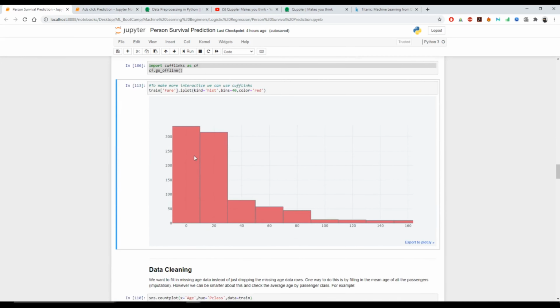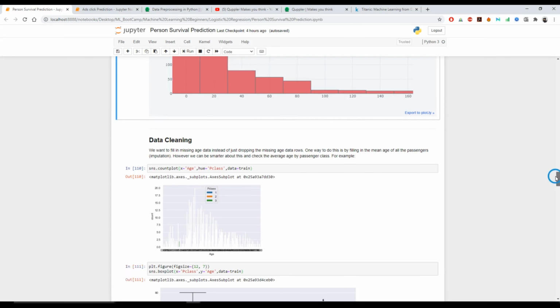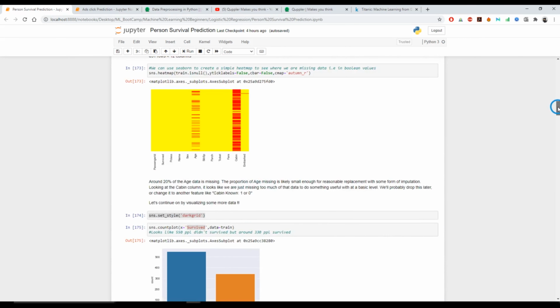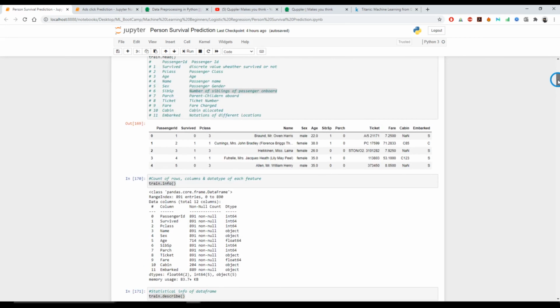Now the next thing would be data cleaning. As we had already generated the heat map before, we saw that in the age column around 20% of the data was missing, whereas in the cabin column around 80% was missing. Age is in a numerical format, so we need to fill in the age for it.